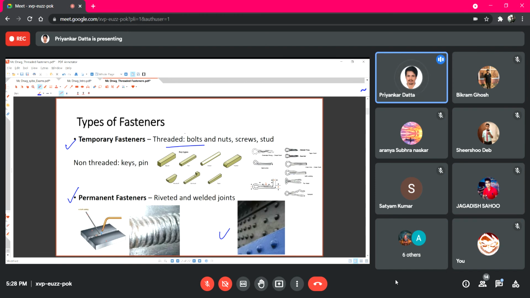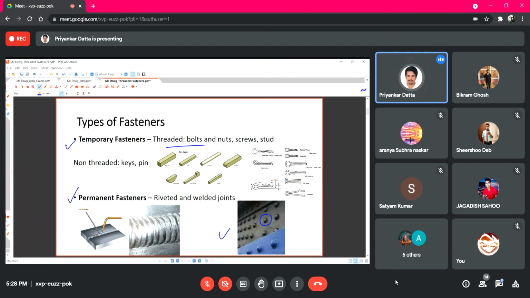So for example, in a riveted joint, if you try to remove this rivet, you have to remove this rivet head, and then only you can take it out. So once you do that, this rivet is wasted. You cannot reuse this rivet. Again, you have to use one new rivet and seal it using the proper methods and mechanisms.